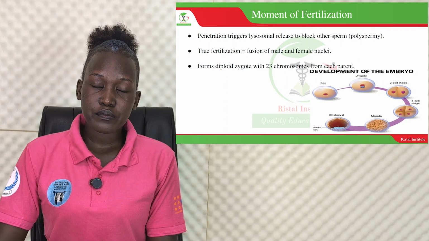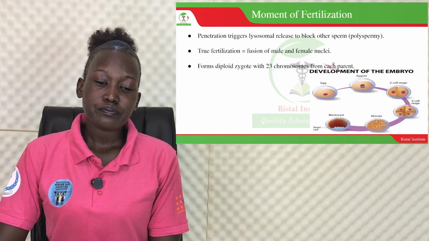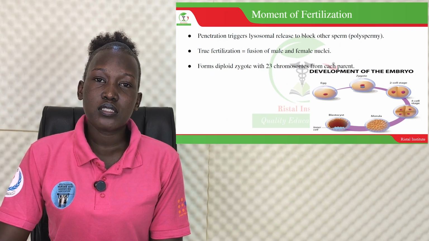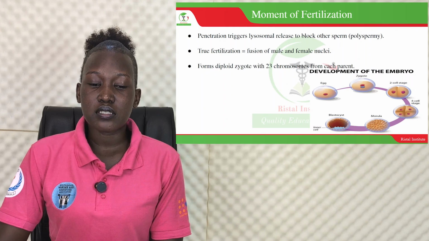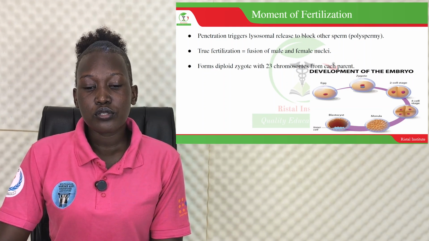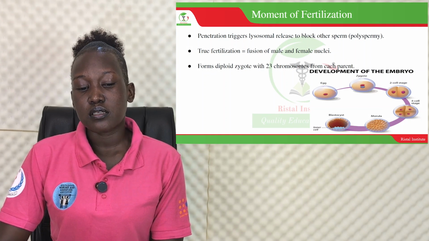So the egg releases lysosomes or enzymes that make sure that there are no other sperms entering after the fastest sperm has entered. And after that, when the two nuclei meet,